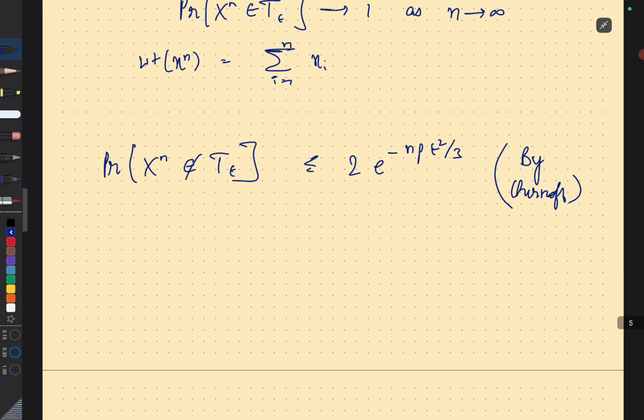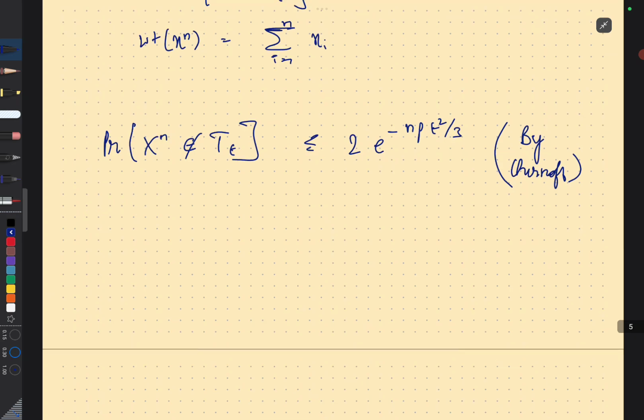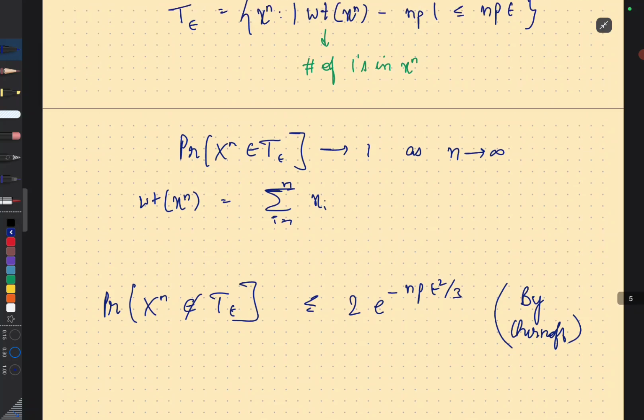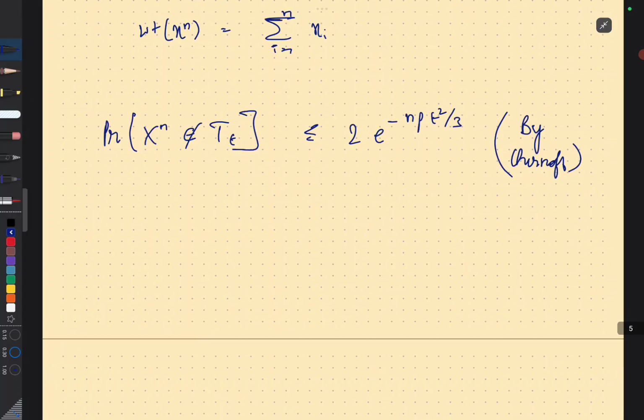Okay, so we have a very nice bound on the probability of error for any epsilon. But what about the rate? How large can the rate be? Basically, we have to bound the number of sequences in T epsilon. So the size of T epsilon is basically the number of sequences in T epsilon, which is equal to